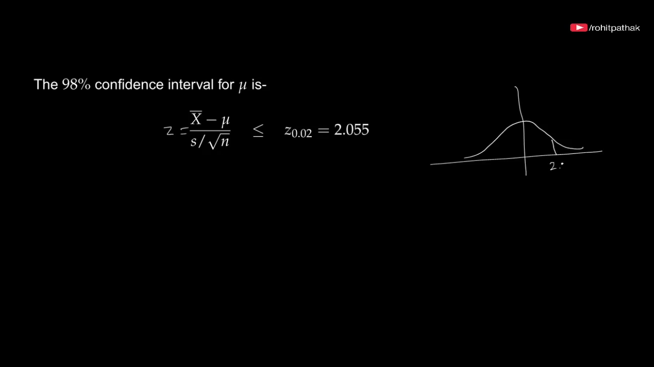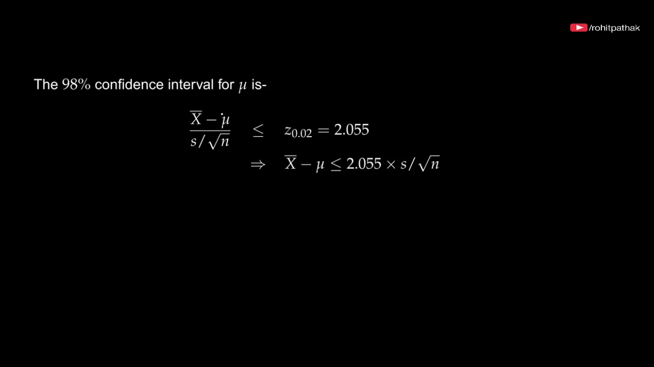That means 2.055. So this is the confidence interval. Z must lie here, so z less than Z alpha. Using z less than or equal to Z alpha, we find the confidence interval, that means the values of mu. So this implies x bar minus mu is less than or equal to 2.055 into s upon root n, which implies